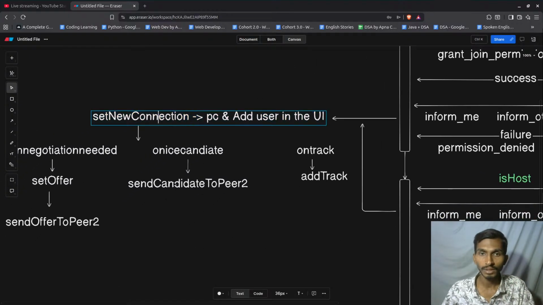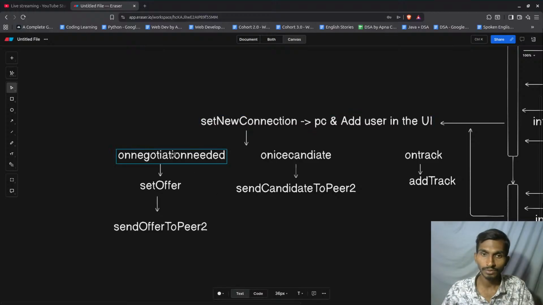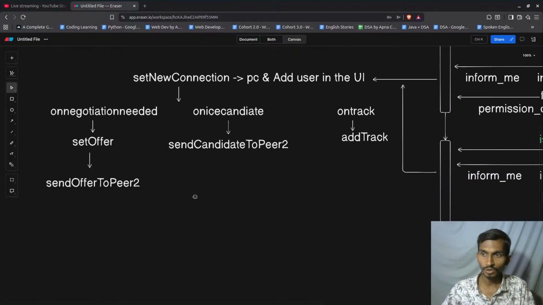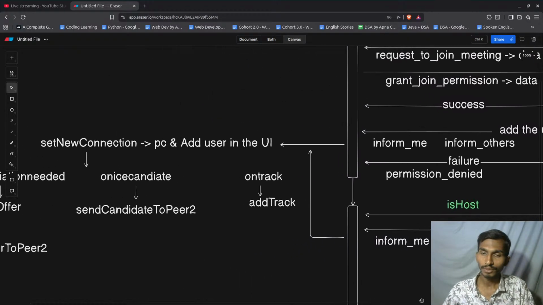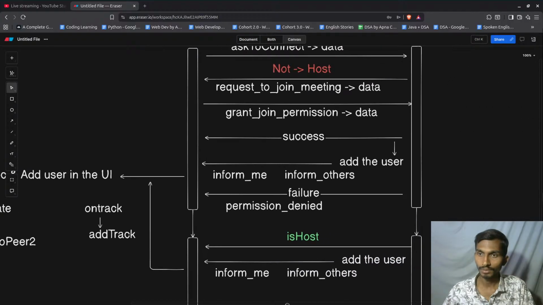So mainly it is the new connection, set new connection. As soon as I have set the new connection, on negotiation needed, I will be creating the offer, and once the offer is created, I will be sending the offer to the peer 2. Now once the connection is actually established, and one more thing,